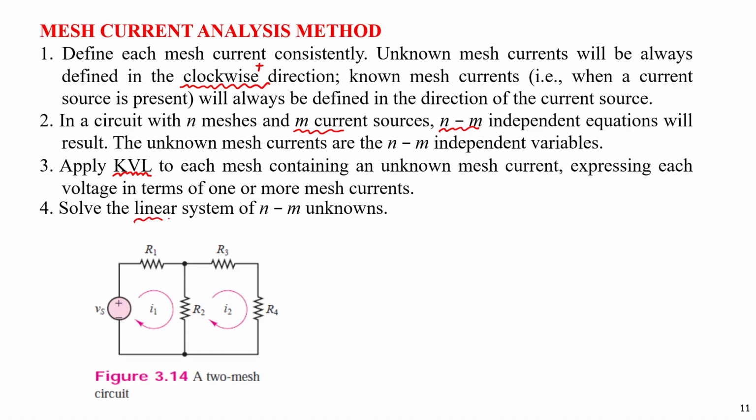We will get the linear equation set for N minus M unknown. We solve for I, and we will have N minus M unknown values. So if we have M current source here, just like this, for example, if we have this circuit,